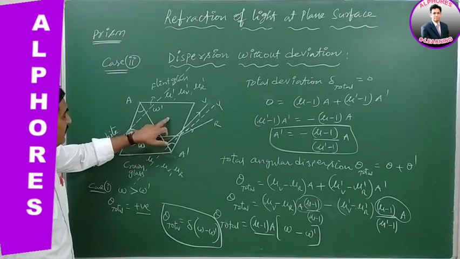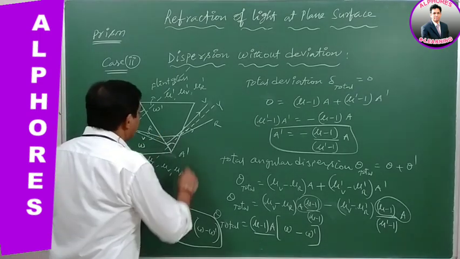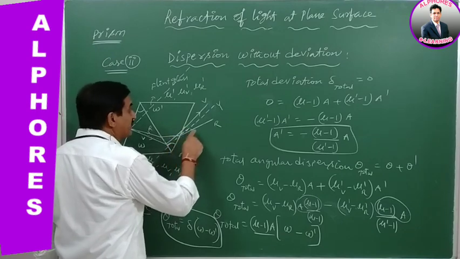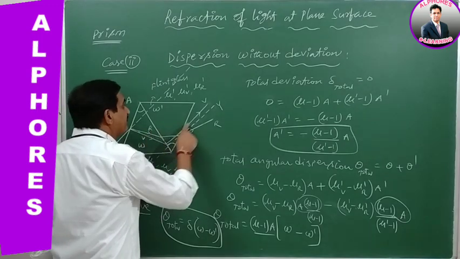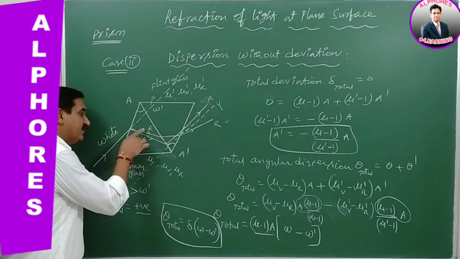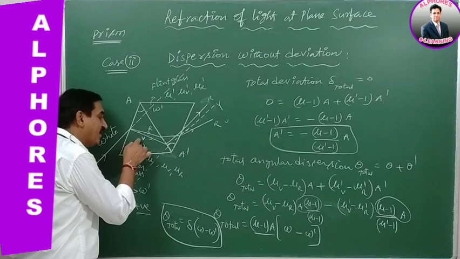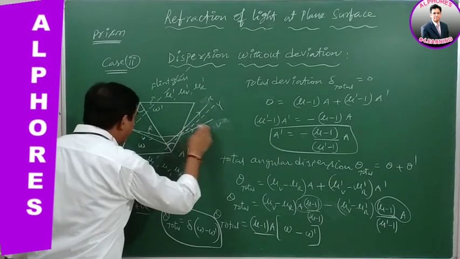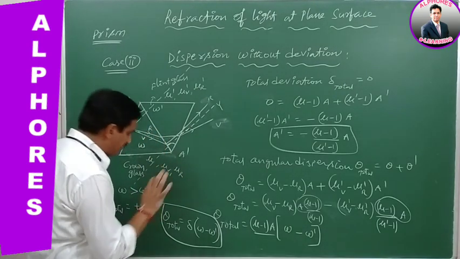But here by another prism which is kept in contact with it, after the dispersed light refracts through this prism, finally the emergent light should have the upper one red, the lower one violet. So whatever colors are given by the first prism in the order red to violet, here red to violet will give us finally red to violet, so the total angular dispersion is positive.